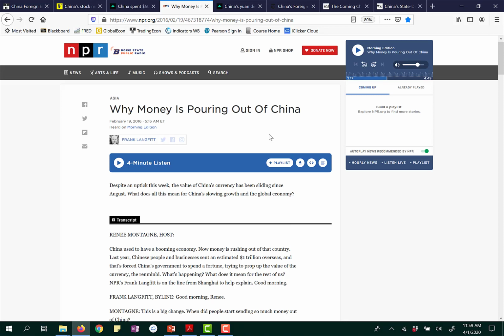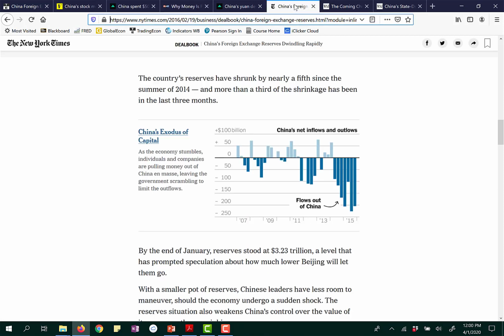So those are examples of capital controls, the fact that you're not allowed to exchange but a certain amount of currency. And you often hear it stated that China's capital controls are porous, which means people find ways around them to some degree. Here's a nice graphical representation of the capital outflows of China that we are talking about occurring